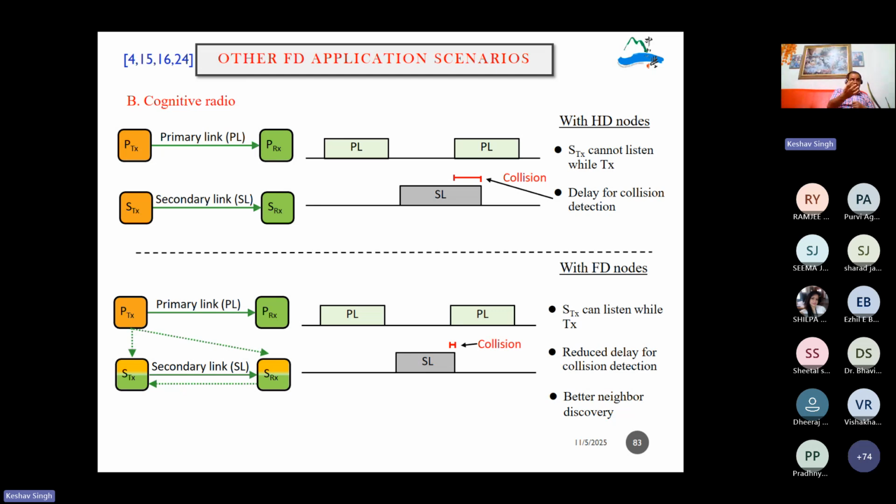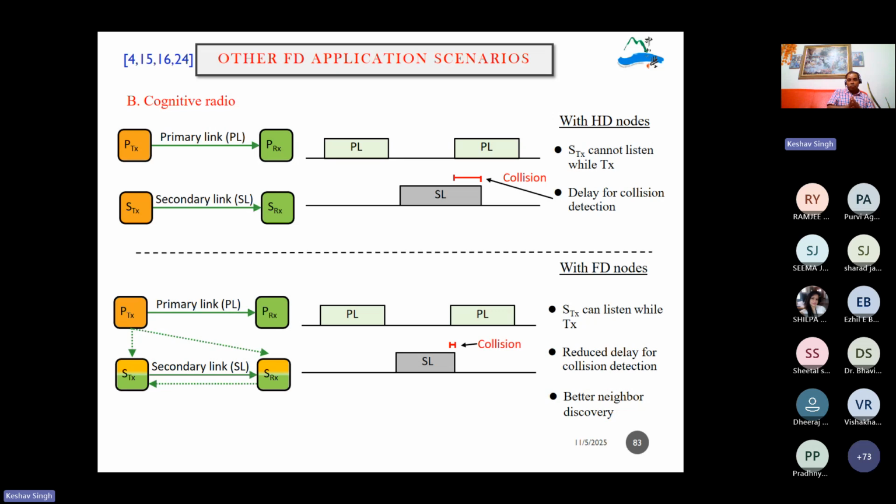Let's say we have one agent for the primary network and a second agent for the secondary network, and the secondary users again train the model and send it to the secondary transmitter. Since the secondary transmitter is operating in full duplex mode, it can easily communicate with or sense the primary network, and since the secondary transmitter will know the trained model,